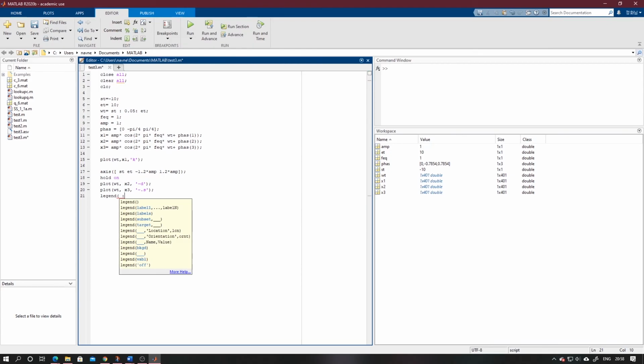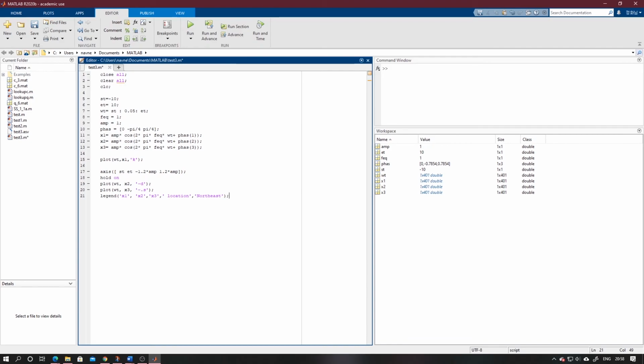Whatever I want to show on the legend is x1, comma, x2, comma, x3, comma, then we will set the location, and we will define it as northeast, and close the bracket and semicolon.